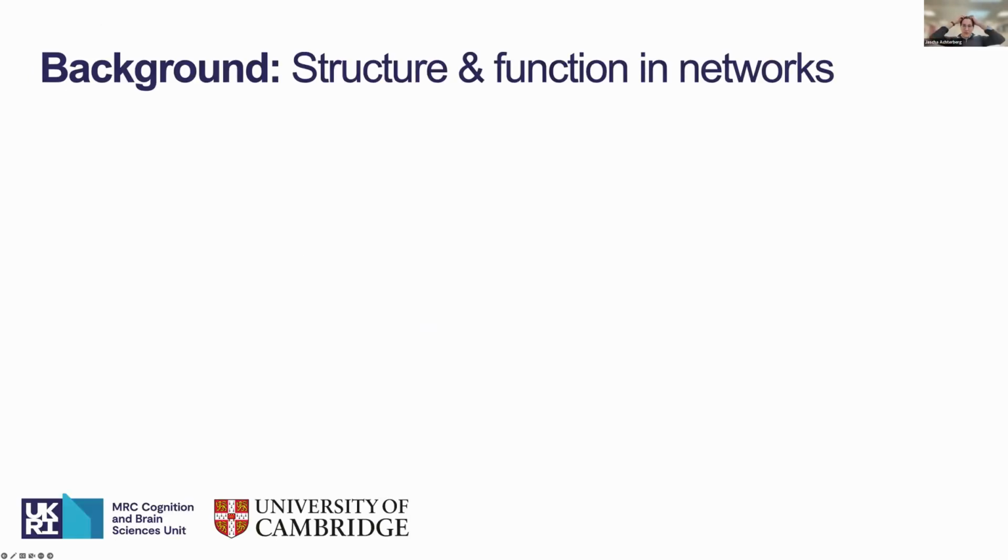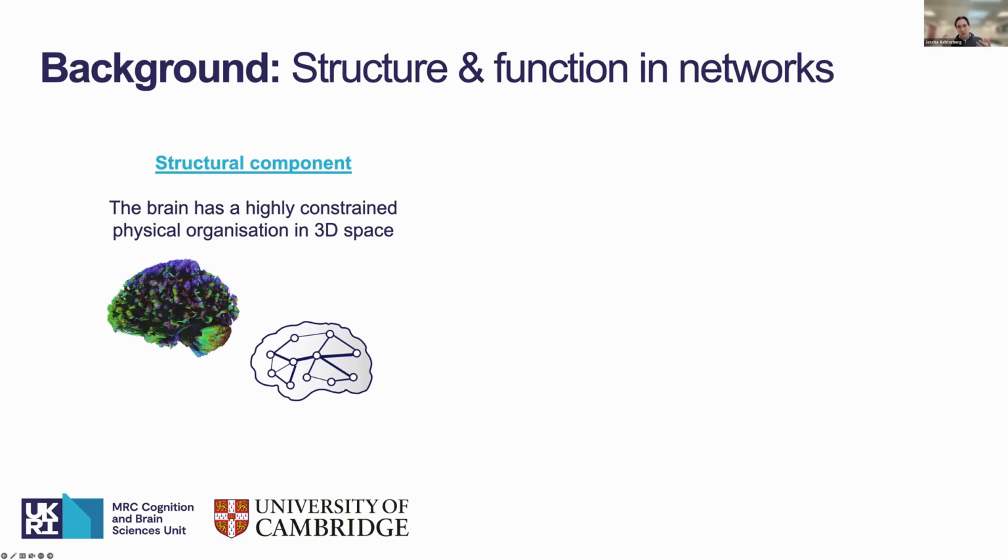Just to give you a bit of background on where we are coming from with this project. If we think about normal neuroscience, there is a lot of structural neuroscience research. We know the brain is a biological organ with certain constraints, and it's hard to build and costly to keep up. So there are lots of structural constraints which in the end form the brain as we observe it in the real world.